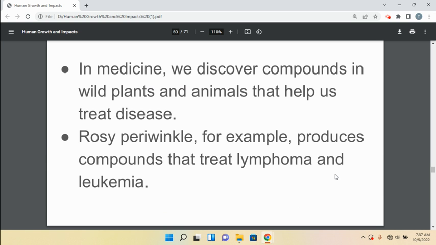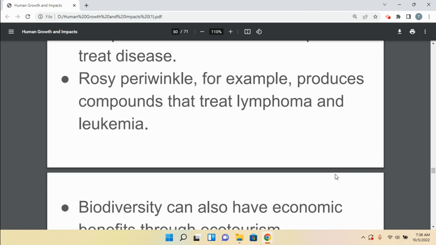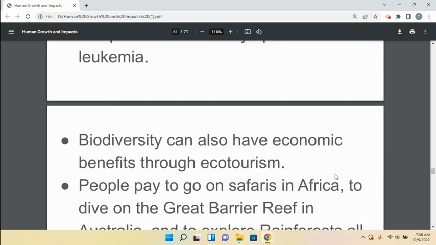And again, we go back to this idea that there's a lot of species out there we haven't discovered yet. We have to protect ecosystems because that 100 acres of rainforest that we're cutting down to make a farm, that's only going to last and produce crops for a year or two until we destroy the soil, may have had that one species in it that had a chemical that would have cured cancer. So again, we have to look out for those things in our environment.